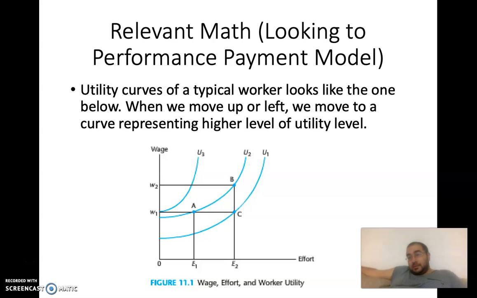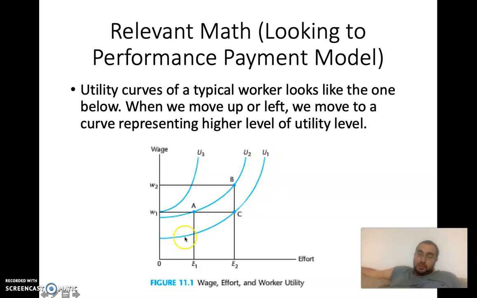Usually, as you get more and more wage, the workers tend to rather decrease the effort level. So the utility curve has an increasing slope, because as we get more wage, in order to increase the effort level, you need to have increasing amounts of wage, basically. And note that U1 has the